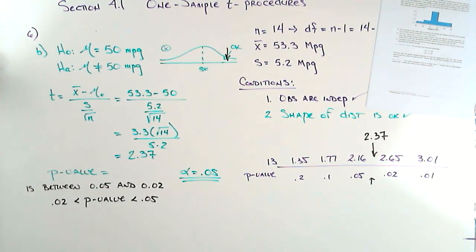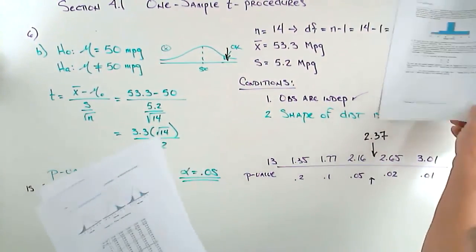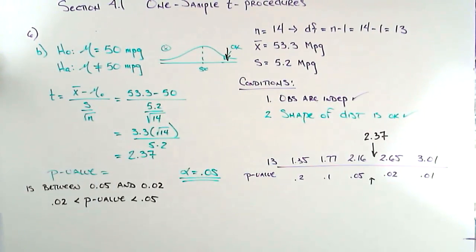So that's part B. Now, there's a part C to this problem, right? Part C says calculate a 95% confidence interval for the average gas mileage for the